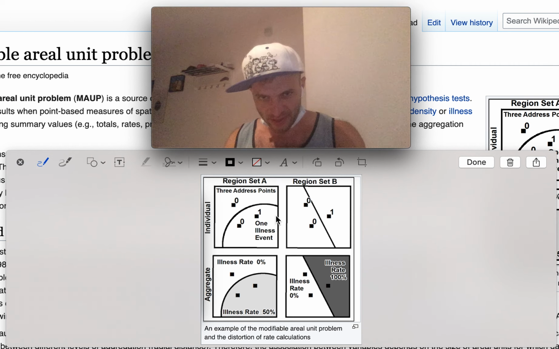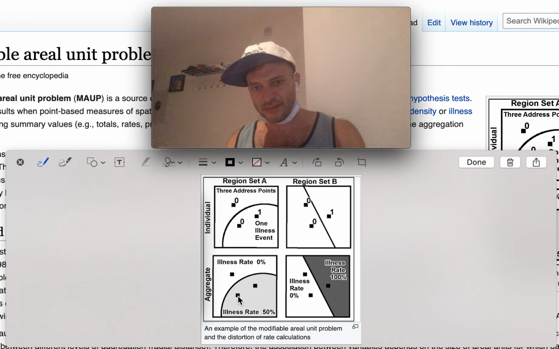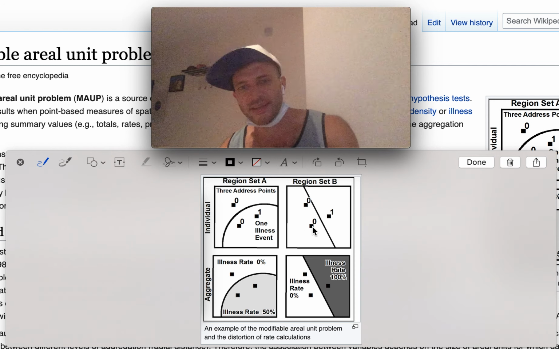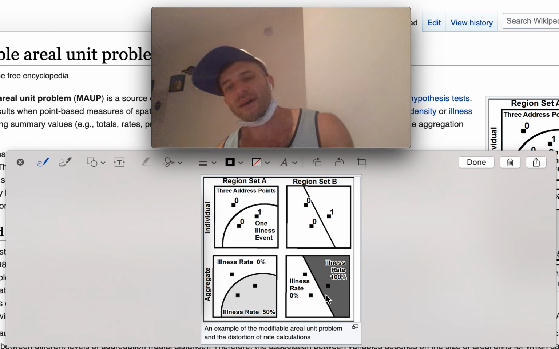And outside of it, you see right here, it's 1. You get 0 here and 50% here. But what they're saying is this guy right here, same geographic position, but the problem is that depending on how we draw the boundaries on the map,